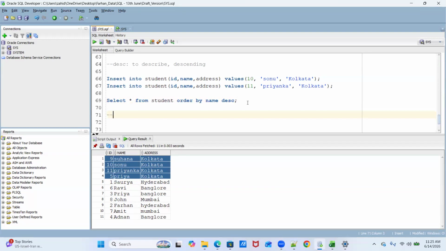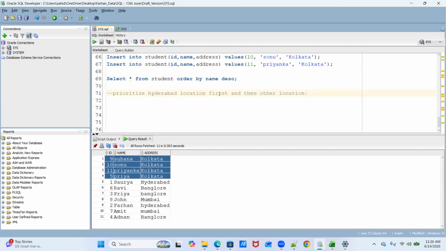Your intention is to prioritize the Hyderabad location first and then the other locations. So your requirement is this: you want all the records of the Hyderabad location at the top first, and then you want to sort the other locations in either ascending or descending order.